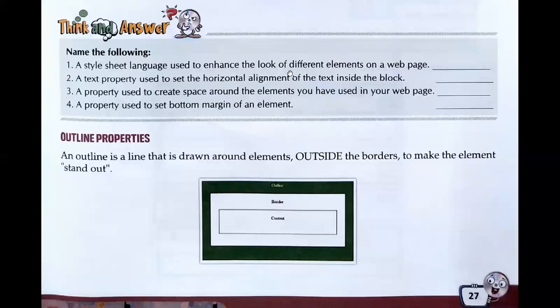We are doing our chapter number 2, which is about the Cascading Style Sheet, known as CSS. So far we have discussed the margin property, background properties, and the border properties in earlier classes. And I have shown you the coding also, how you can do the coding if you are using CSS and if you are using HTML web page designing.